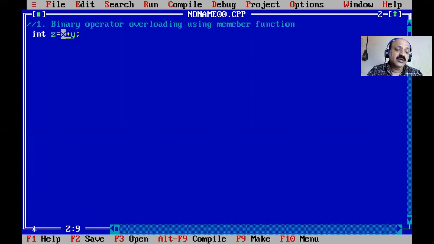Overloading means giving an existing operator a new task, new behavior, or new meaning; that is called operator overloading. Here is the sum of two integers; then we can take characters, ch1 plus ch2, so the ASCII codes are summed, and the meaning is changed. The operator, the plus sign, is the same, but the operand is changed.